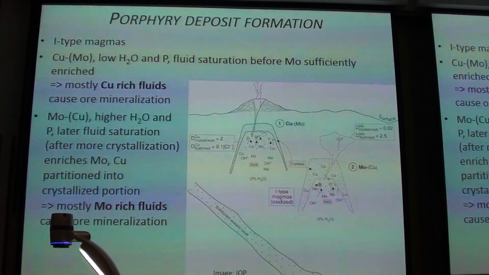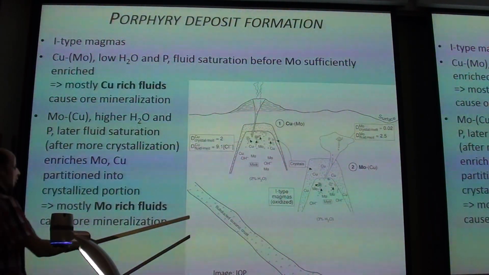So moving on briefly, or in a bit more detail maybe, to porphyry deposits. These are generally related to I-type intrusions, so igneous granites that are derived from direct partial melting of the mantle. And we can have two types, copper-rich or molybdenum-rich deposits. Starting with copper-rich,